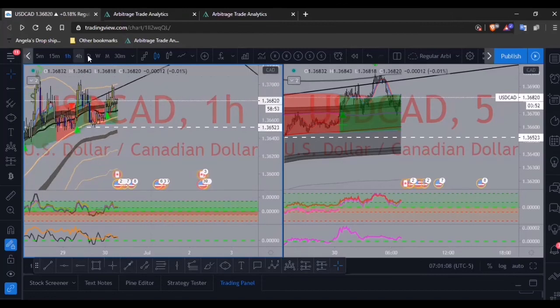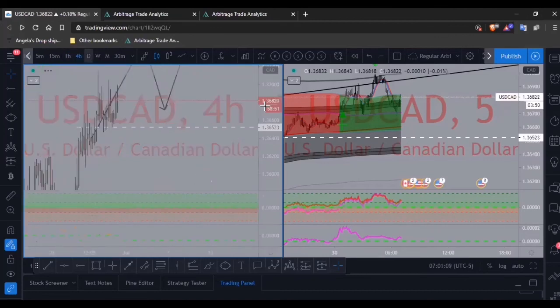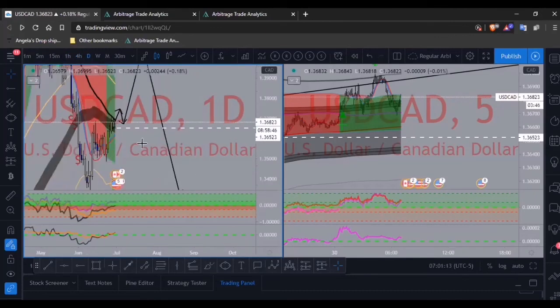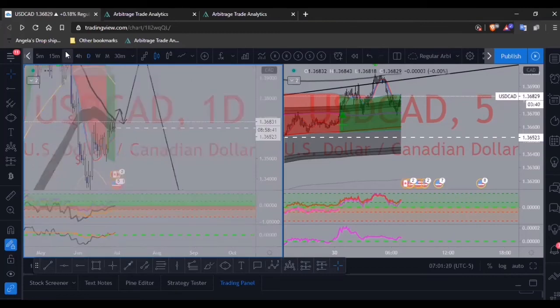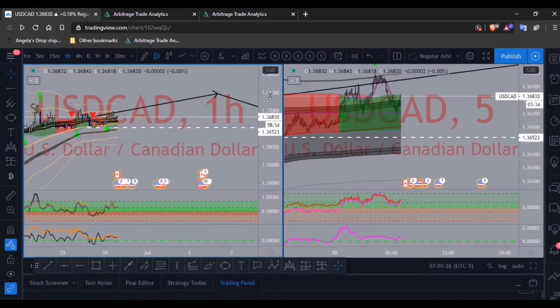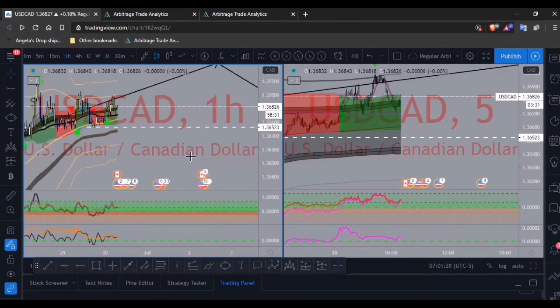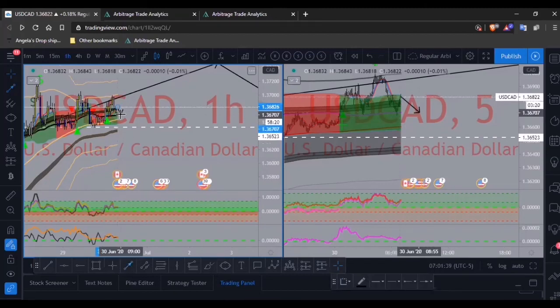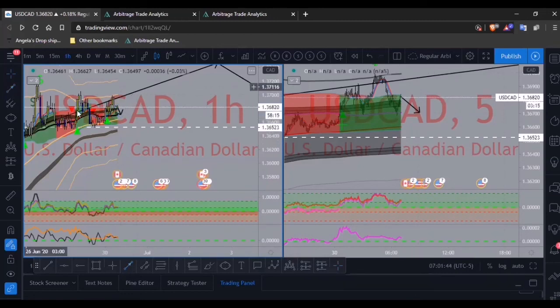But again, what price can literally be doing is just retesting or respecting this RSI line for a drop. But that's not what I think is going to happen here. I think the exact opposite is going to happen. It's going to just go for a buy from here. So again, guys, this is all up to you traders. But I think this is a solid trade for a buy. This would be my entry right here if price came back down to retest the RSI line to go up. That would be my entry that I would want to see.